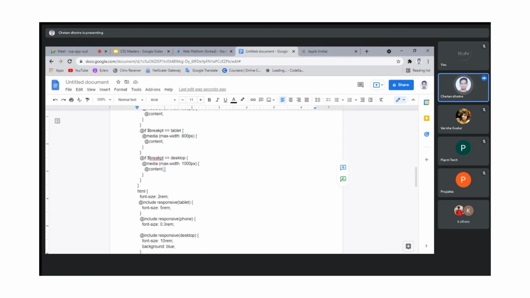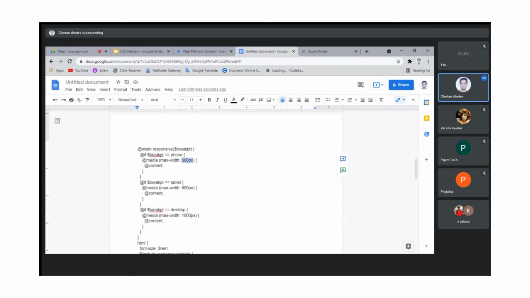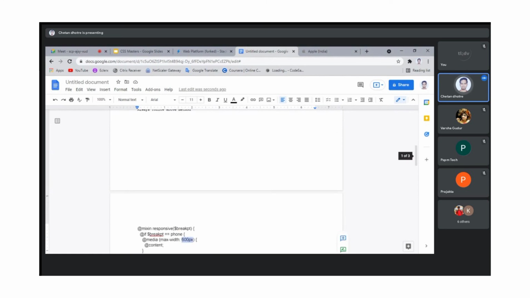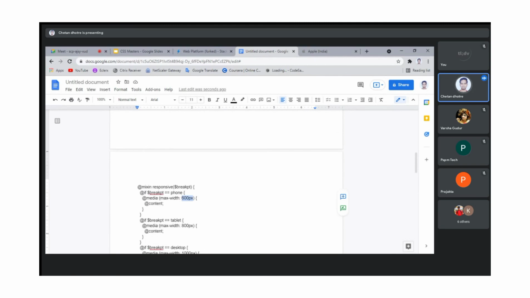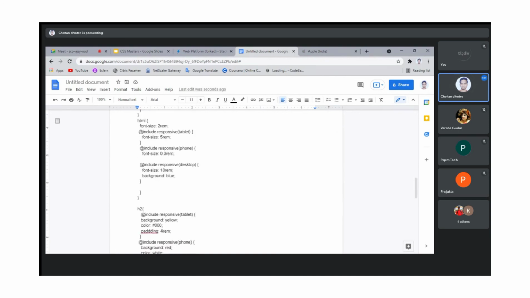The same goes for 1000 pixels, from 0 to 1000 and 0 to 600. It means max width till the point of 600 pixels, and min width is nothing but beyond that. If you put in min width, then beyond 600 pixels we get access to the style sheet applied for these media queries.